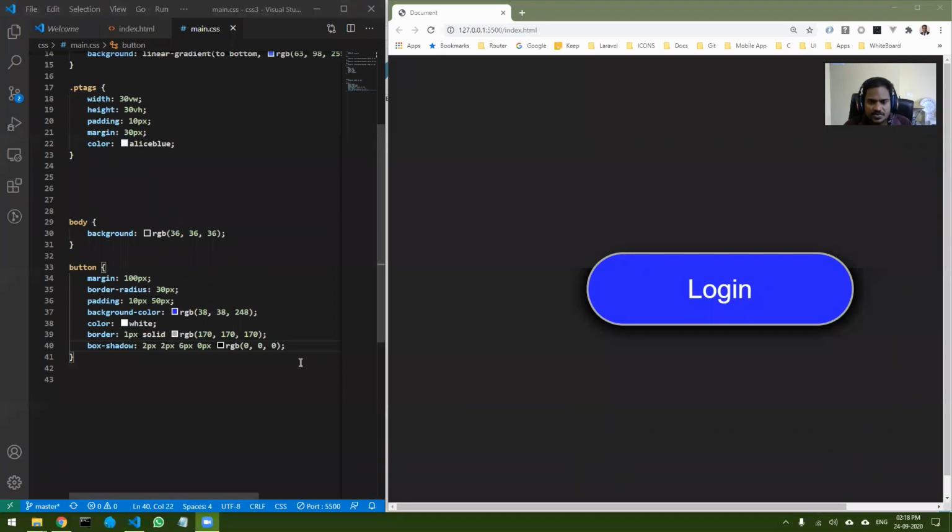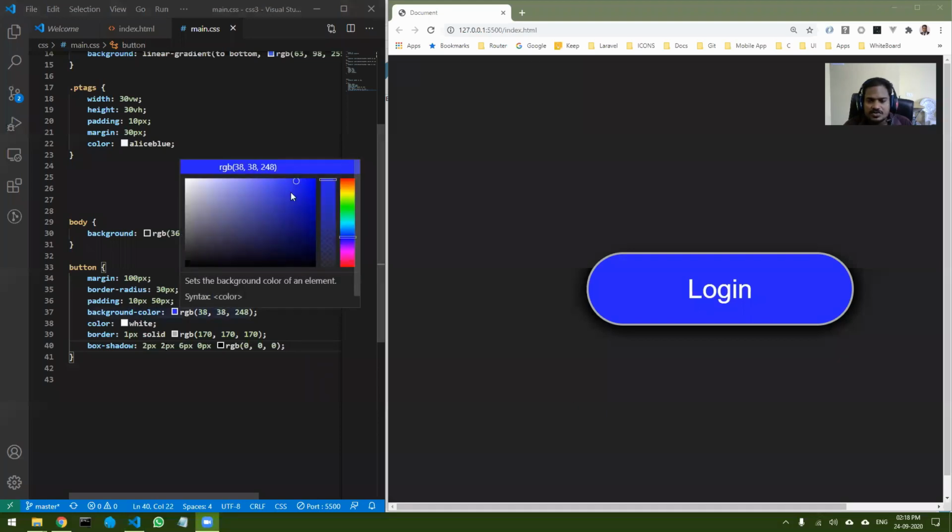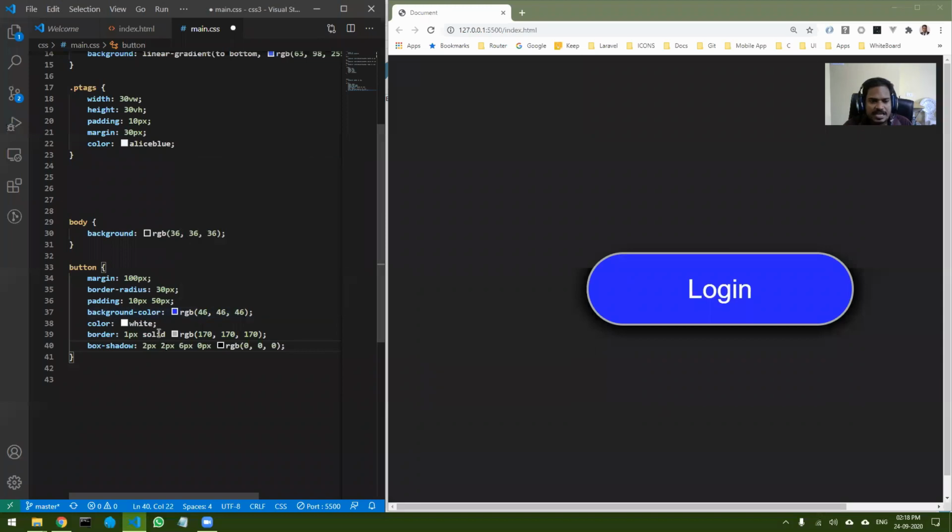I would like to show you that. Let me change the background color. Okay, so let the background color be the same as the, sorry, undo. To generate the raised button effect, what you have to do is copy the same background color. The background color of the page and the button should be the same if you want to create that neomorphic effect.